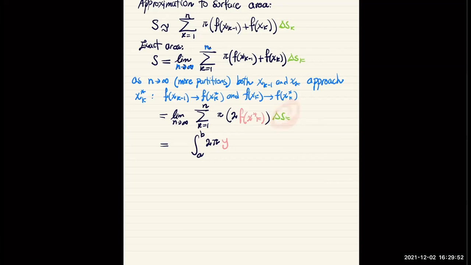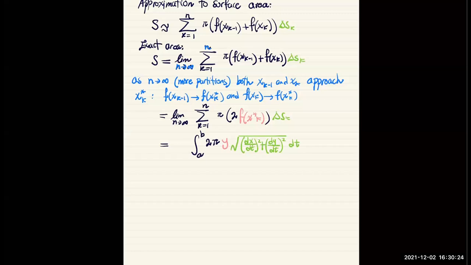That is arc length increment, which is the square root of dx dt squared plus dy dt squared times dt. Okay. And I guess I wrote the parametric form of the arc length here, which